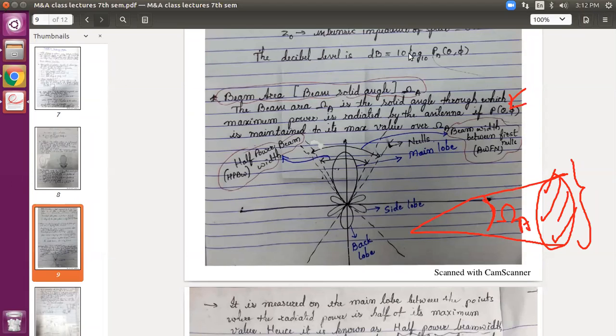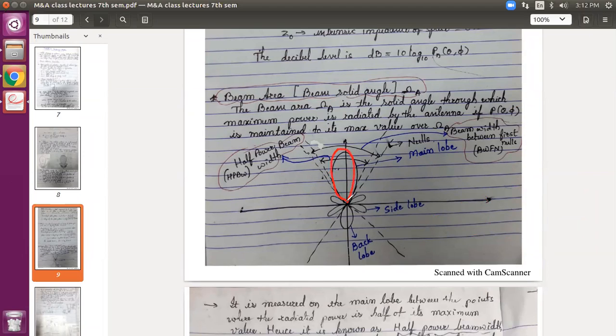And please go through this figure in detail. You can see, I had told you this is your main lobe, and these small portions are the side lobes, and this one is the back lobe. Back lobe is considered for an omnidirectional antenna. If the antenna radiates, that is transmits and accepts, in all the directions, then this back lobe comes into the picture.